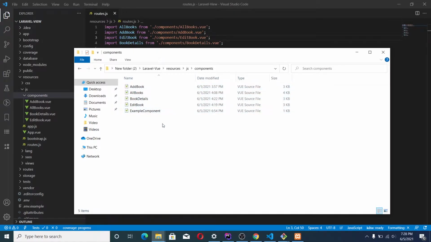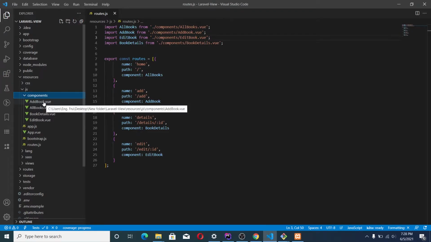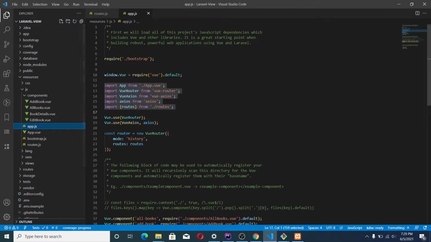Okay, so these are all the components. You have the add book, the all books, the book details, the edit book. Alright, so here you see all of the components. Okay, so this is still the routes.js. Go back to our file here.